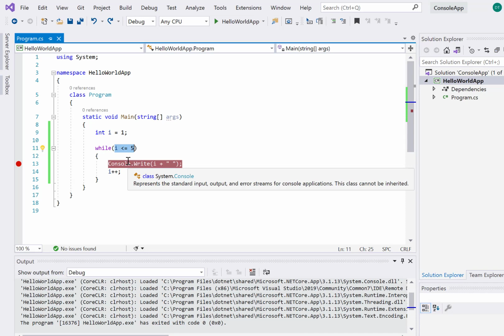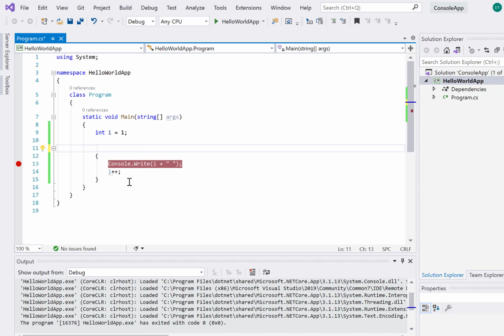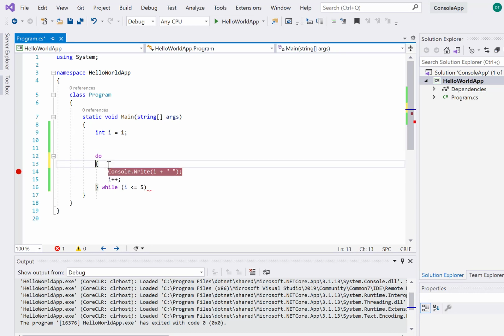So this was about the while loop. It means in a while loop, if the condition is matching, then we go forward. Now we'll see the third loop, which is the do while loop. In do while loop, what happens is that first it does, and then it checks the condition. So it means this while condition will appear here, and here we have to specify do. So what it says is, first do this, and then if this condition is matching, then go further again, right?